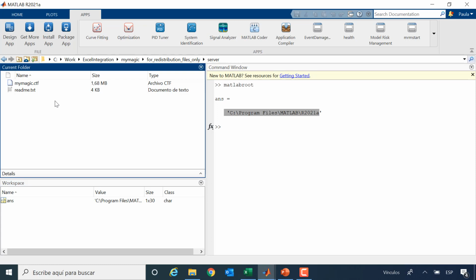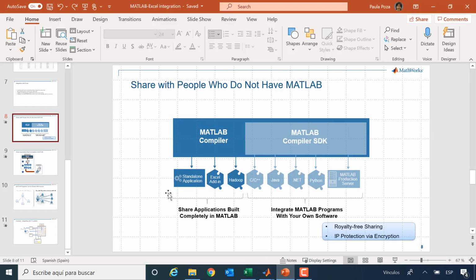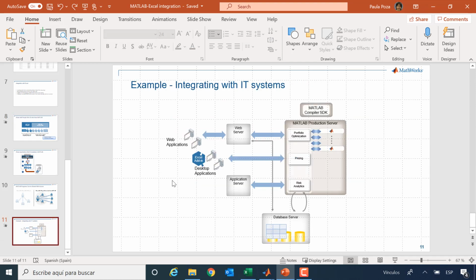So we have to think on the client, the user, the colleague who is not going to have MATLAB. On the client side, which is himself on his spreadsheet, he will have the thin client installed, and then this CTF he will give it to IT. So IT will place it, this part would correspond to IT.